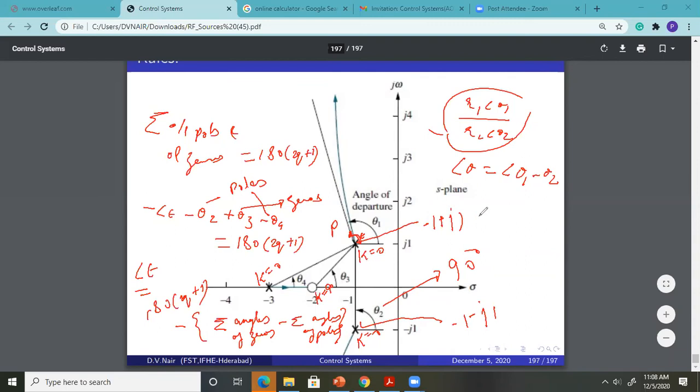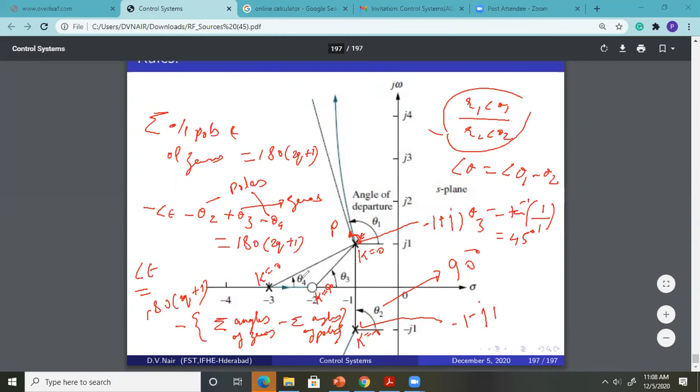What will be theta 3? Theta 3 will be tan inverse of opposite by adjacent. What is the opposite side to theta 3? 1. And what is the adjacent side? 1. Make this triangle, right? So in this triangle, tan inverse of 1 is what? 45 degrees. So you know theta 2, and you know theta 3 also.